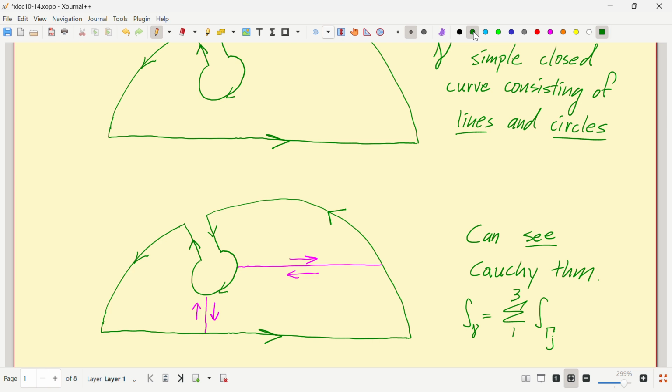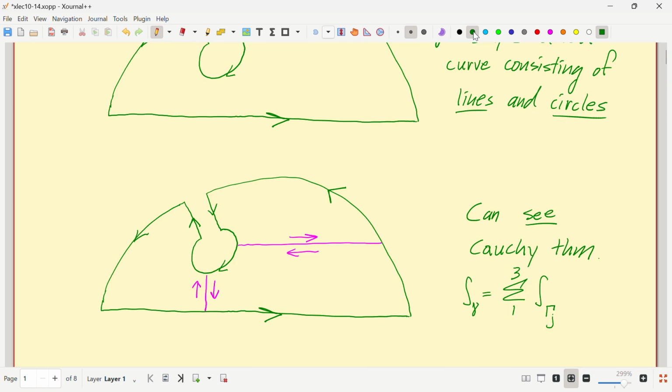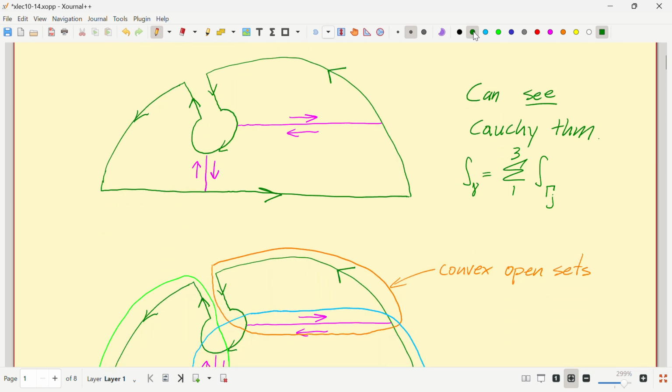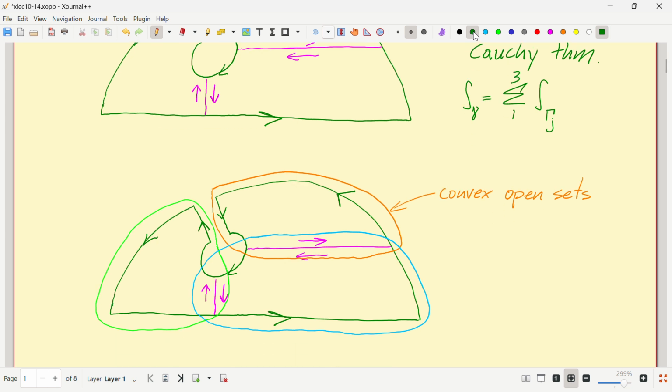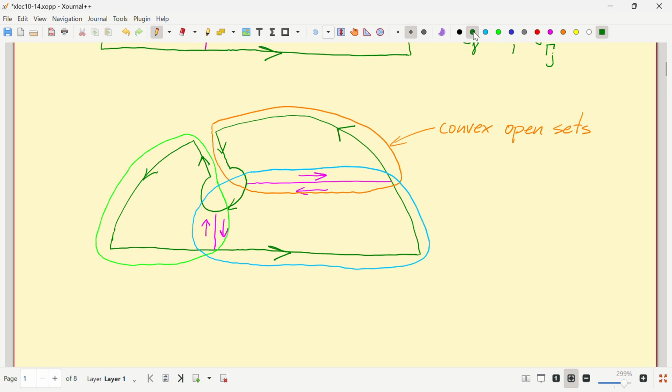not only that, but if I cut it up in a clever way there so that I could stick in convex open sets. So if the function I'm integrating is analytic in a slightly bigger open set, I can squeeze in those convex open sets like I've drawn there. The orange one is convex and open and contains the top right closed curve. And the blue one is a convex open set containing the bottom right closed curve. And finally, the one more green one there contains the left one. And so the fact is, if f is analytic,